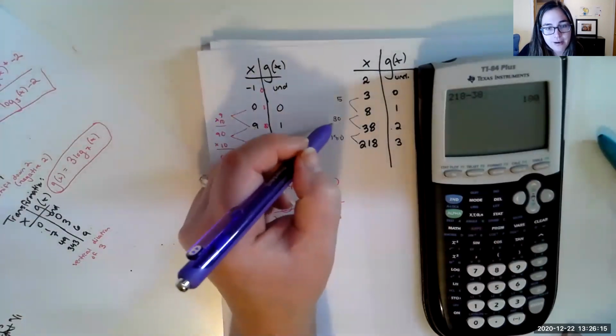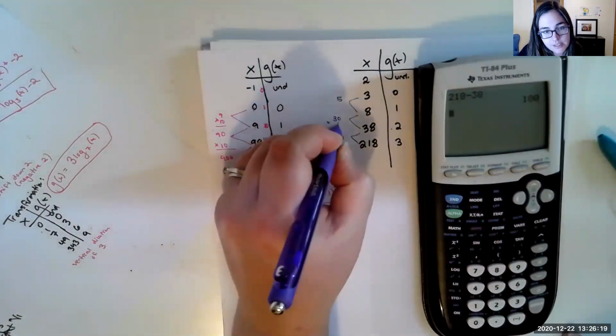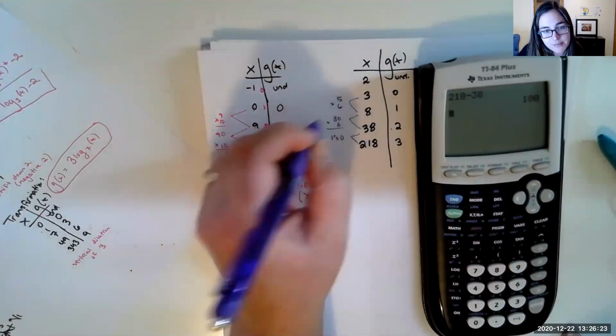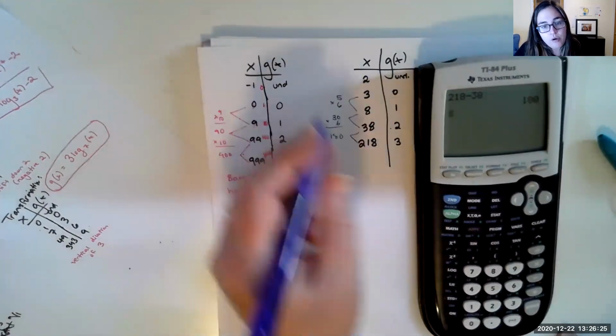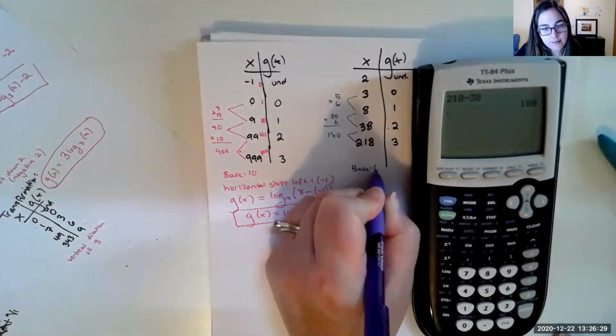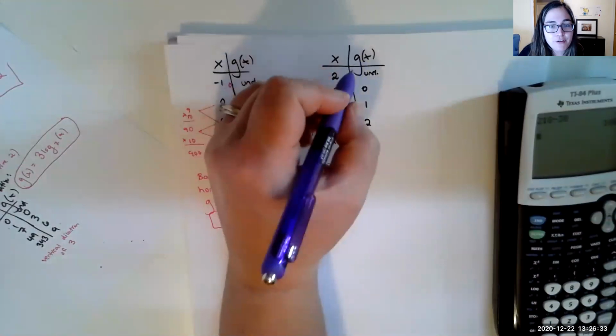What's 180 divided by 30? It's 6. So 30 times 6 is 180. What's 30 divided by 5? 6. So 5 times 6 is 30. So the base is going to be 6, right? And if the base is 6, that means our parent function is